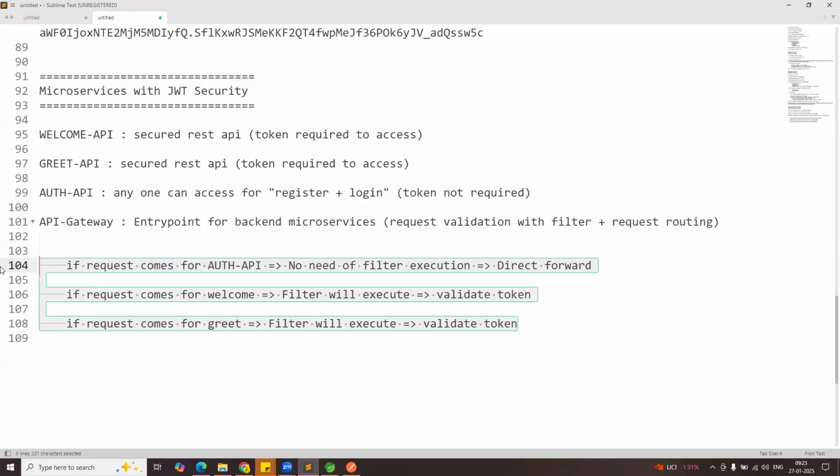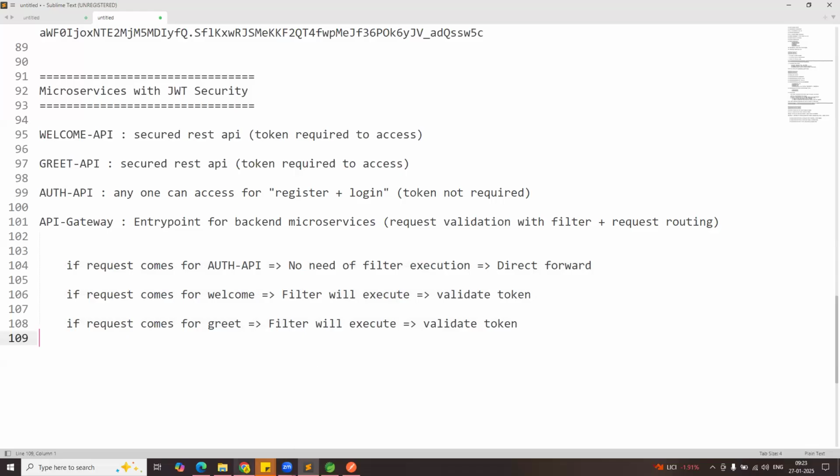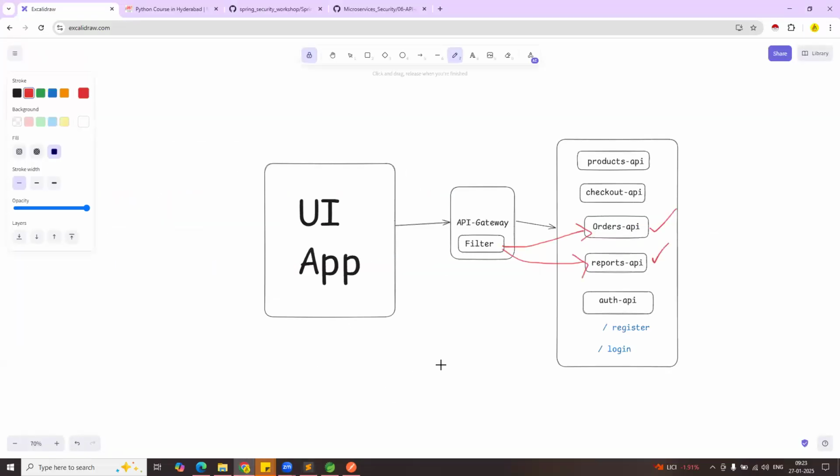So where will we do that configuration? Where will we write the configuration that the filter should be applied only for these APIs, not for all the APIs? Inside the API gateway YML file. So you got the clarity on how microservices will be secured in real time,